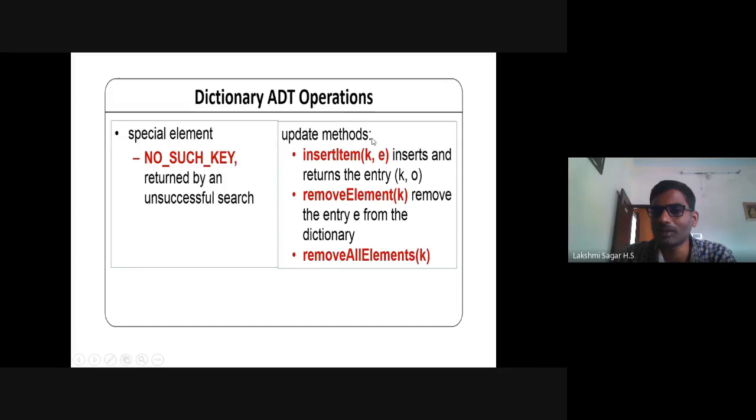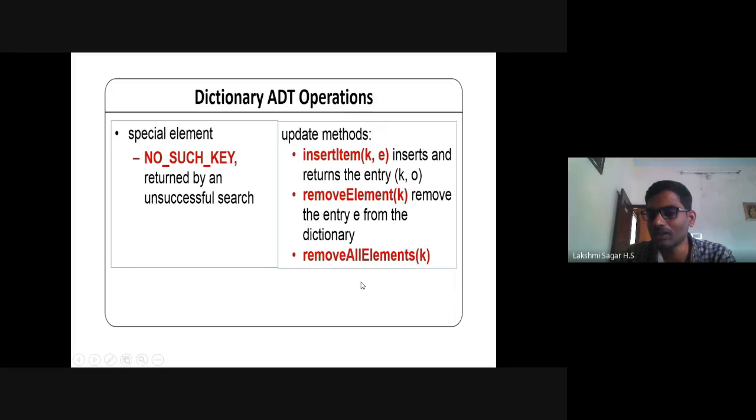So how do you update it? First, insert item: we can insert the element or value associated with that particular key k using this keyword. Next, remove element: this can be used to remove the element associated with that particular key in a dictionary. Next, remove all elements: this removes all the elements associated with that particular key.